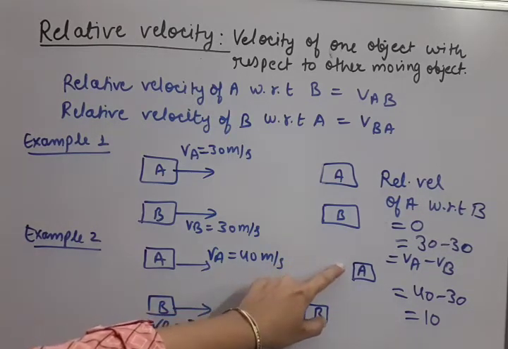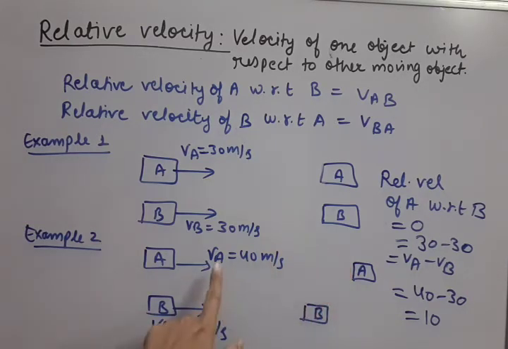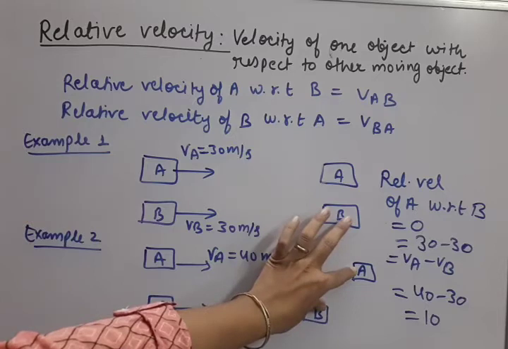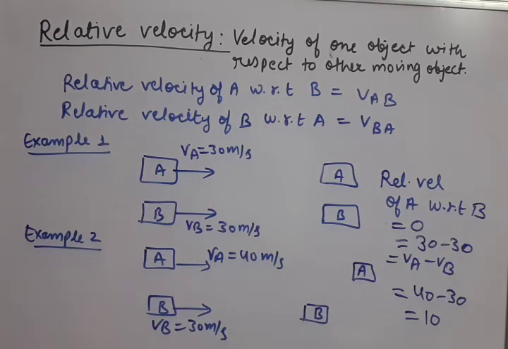That means now A will not run much faster with respect to B. A is running at speed 40 with respect to ground, correct, but A is not running at 40 speed with respect to B, because B is almost following it, so they will be looking at each other, at a little gap, and this gap will increase further and further as they go ahead. So the rate of change of position, meaning speed, is now 10, so relative speed is now 10. So you see, we can repeat these two examples.